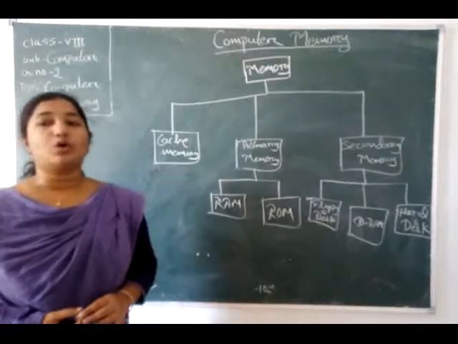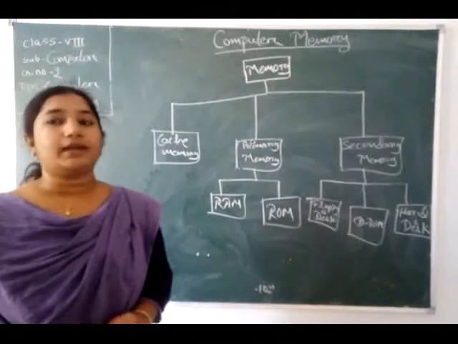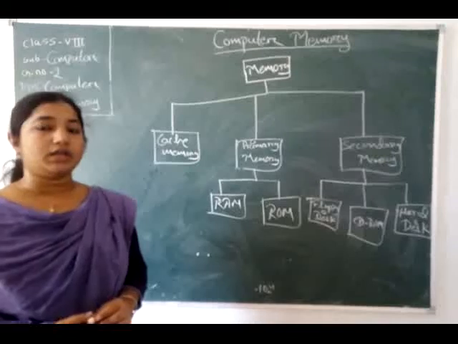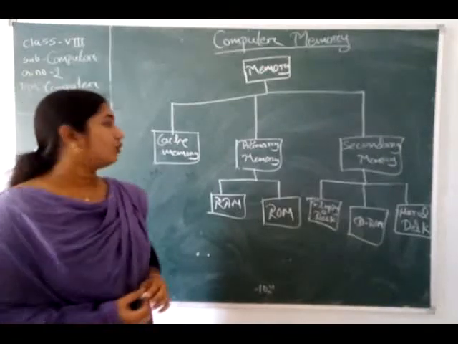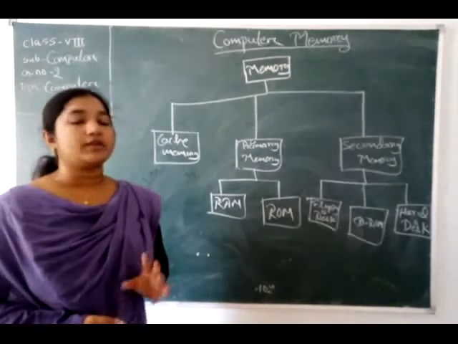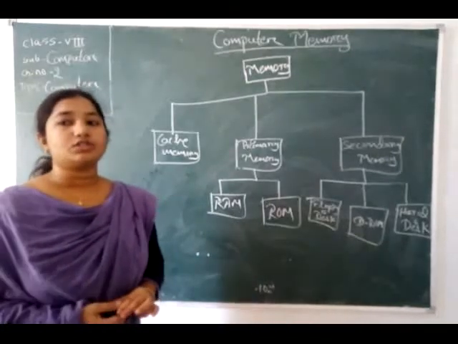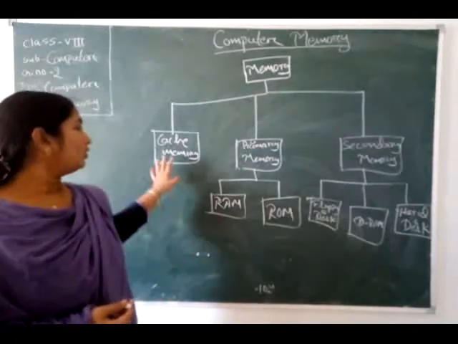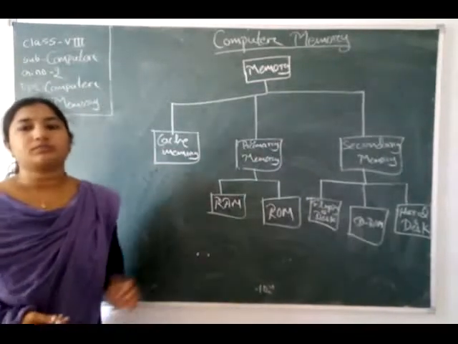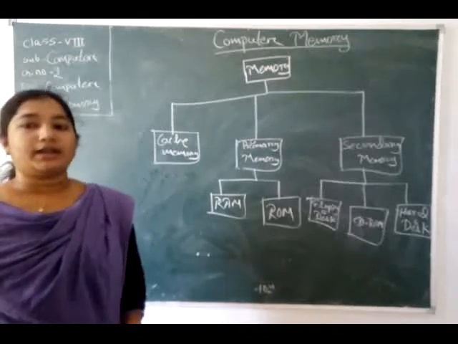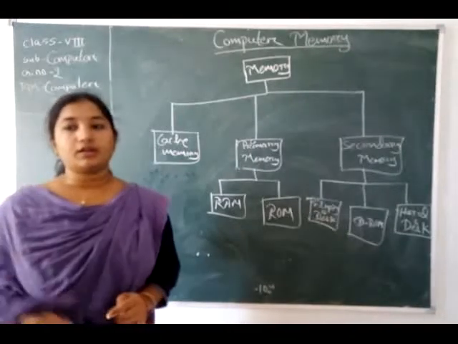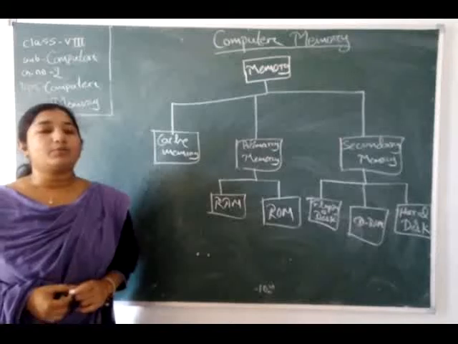It is used to hold those parts of data and programs which are most frequently used by the CPU, whose data and information are mostly used in the CPU. All that data can be held in cache memory. The parts of data and programs are transferred from disk to cache memory by the operating system.